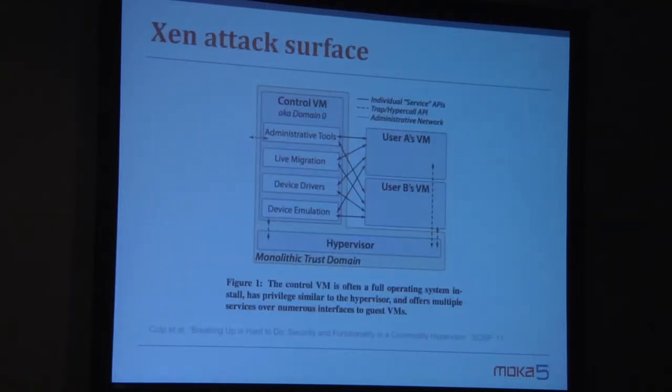Yeah. You want to talk about this one? So one of the things about the attack, in terms of attack surface, just note that Xen has, of course, a hypervisor, and we talk about the hypervisor as the trusted code base. The same argument basically applies to many other virtualization systems. We talk about the hypervisor as the trusted code base, but there's also the domain 0, the dom 0, which is trusted to tell the hypervisor, do this, do that, run these drivers, emulate this. And if you can get root in the domain 0, you can do whatever you want to any of the guest VMs. You basically win.